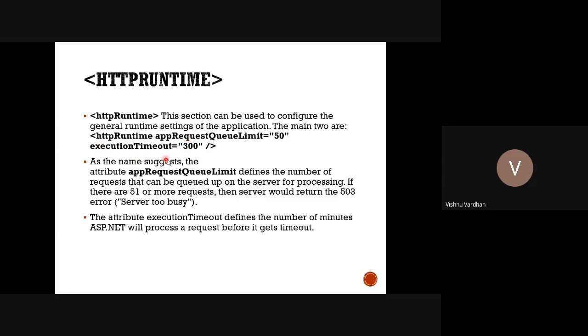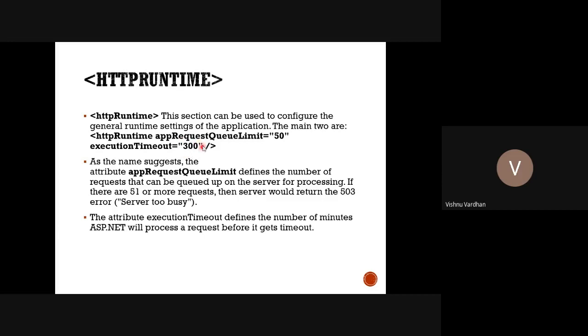So execution timeout you can keep according to your burden on the server. Suppose you are working on shared hosting servers, there the response may not be that fast, like in the case of dedicated servers. So in those conditions, you can tweak your web application so that it can wait for some additional time before the response can be generated by the web server.